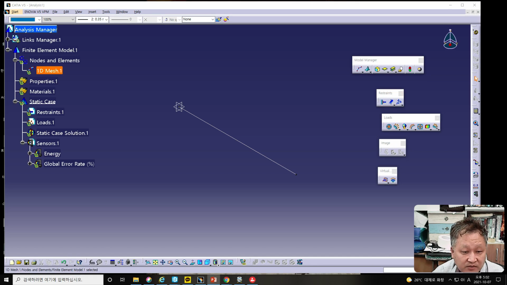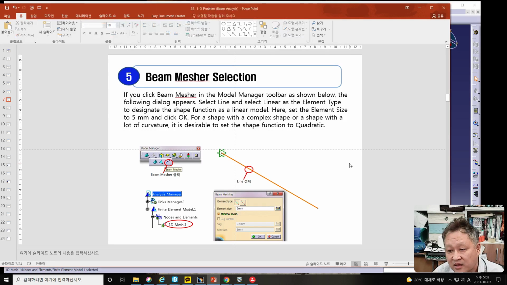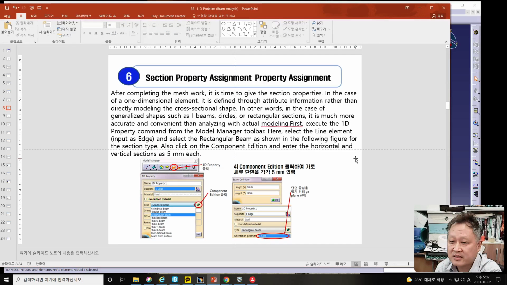You can find the 1D mesh in this one, and the next step is property assignment. Maybe property assignment should be needed for this step. This step is somewhat complex. After completing the mesh work, it is time to give the section properties. In the case of